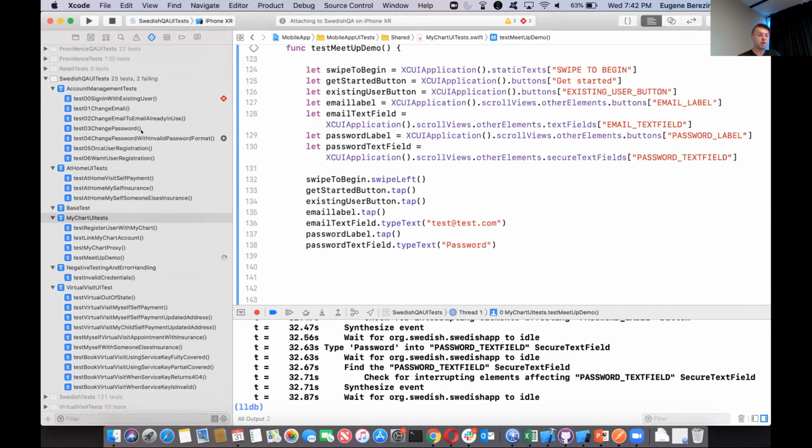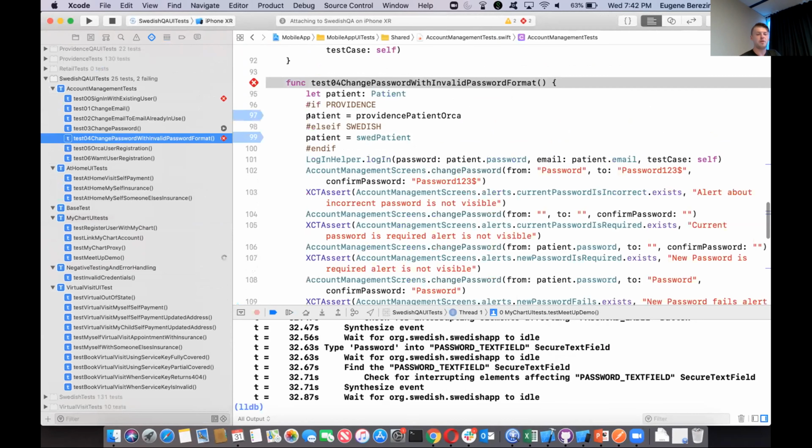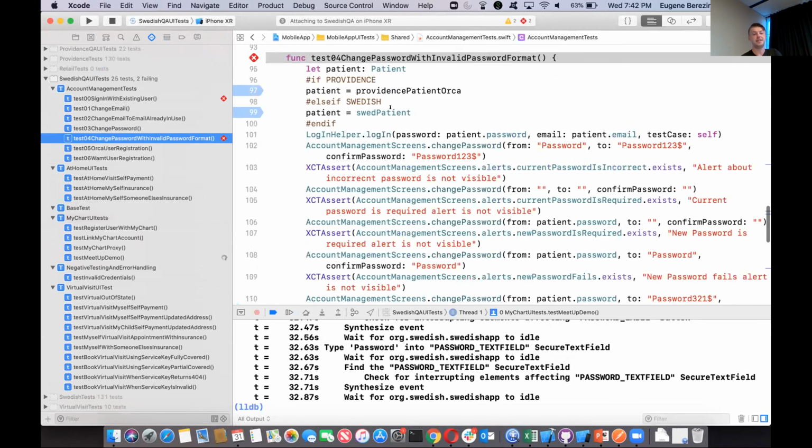Now, I want to show you one of our tests that is already written and that we're using actively. This test is change your password with invalid format password. So we have quite a bit of invalid formats. And to do it manually doesn't take a whole lot of time. It takes me probably 15-20 minutes to install the application and remember or go through my test case